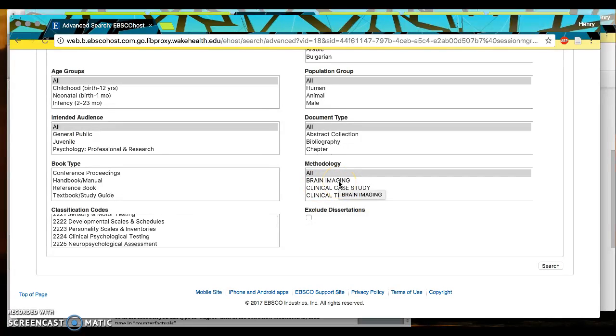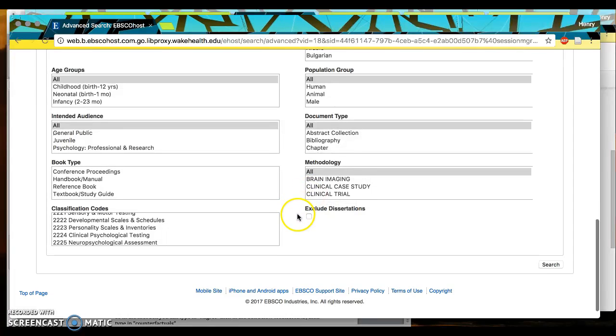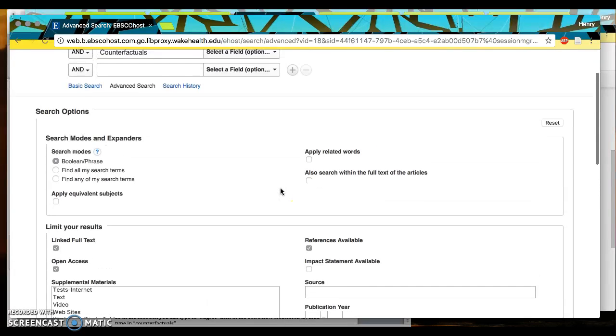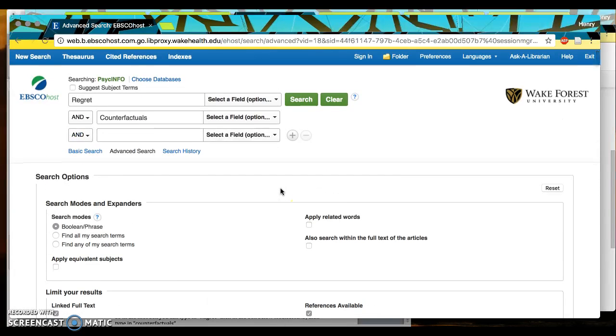So like if you want it to be a clinical study or a quantitative or qualitative study or a regression model or something like that. And then we can also click down here to exclude dissertations, which means that it'll exclude thesis dissertations from students that are not peer reviewed. So now we can look up here and we can click on search,